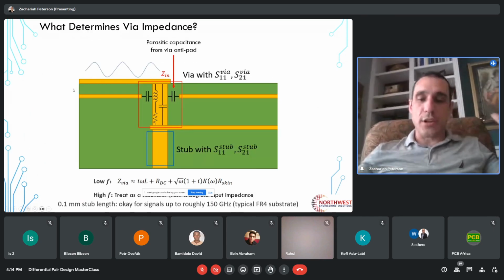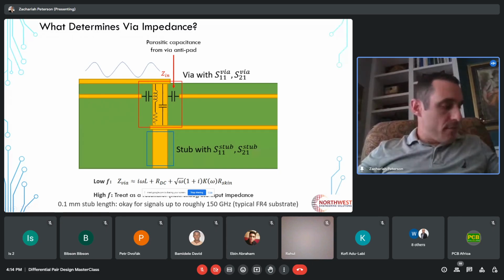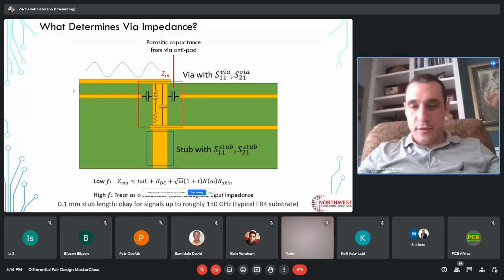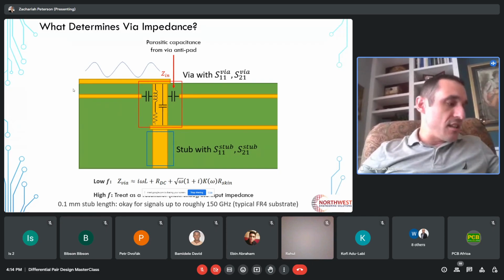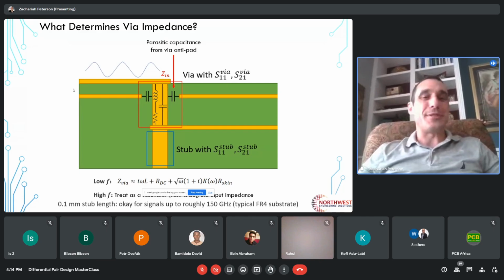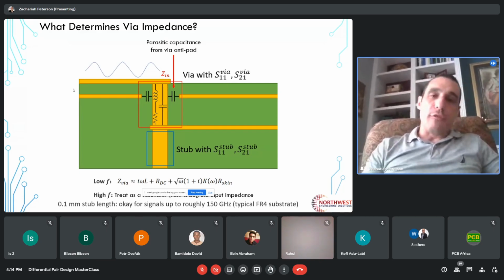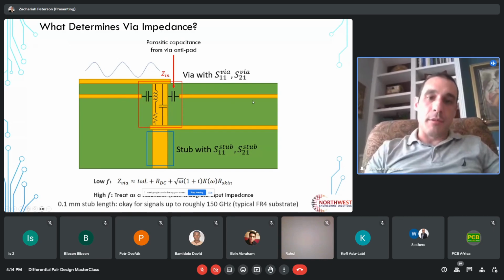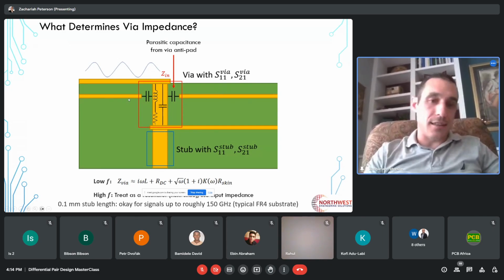So next, I want to talk about via impedance. This has been kind of a passion project of mine over the last year, as I've seen more and more companies release their via impedance calculator tools, which are actually producing incorrect results. So via impedance here is determined by the parasitics to the plane, the nearby plane, and you can see that